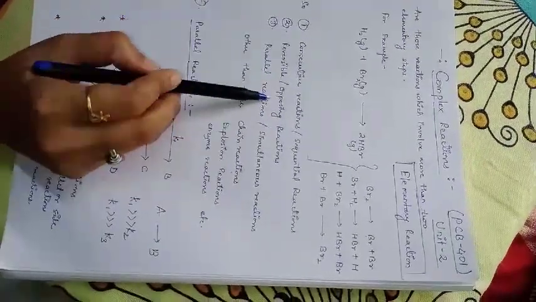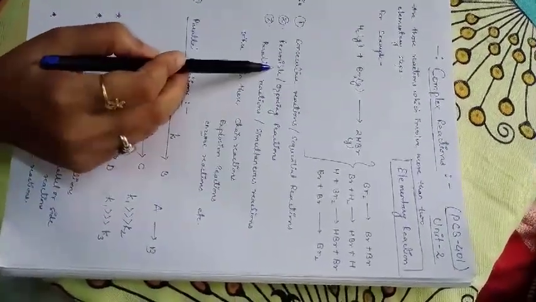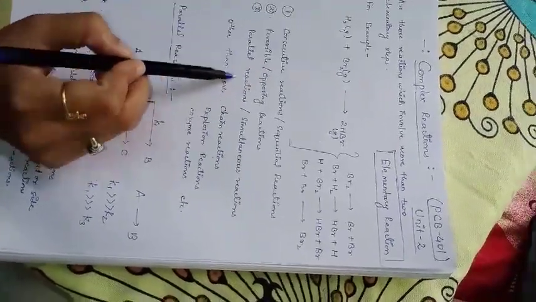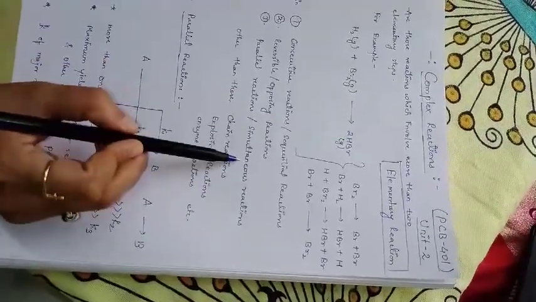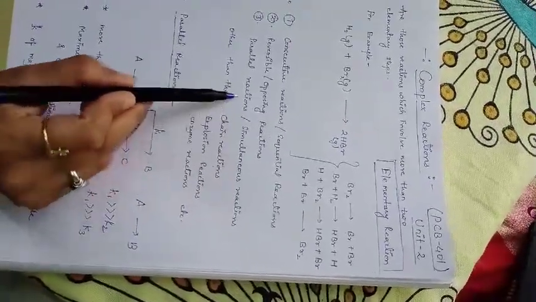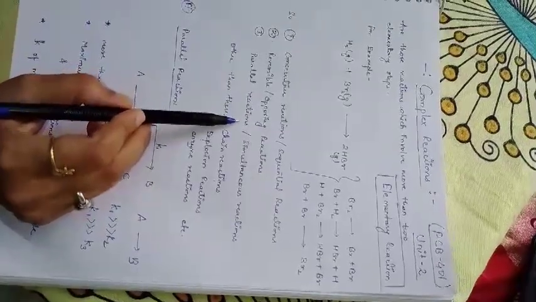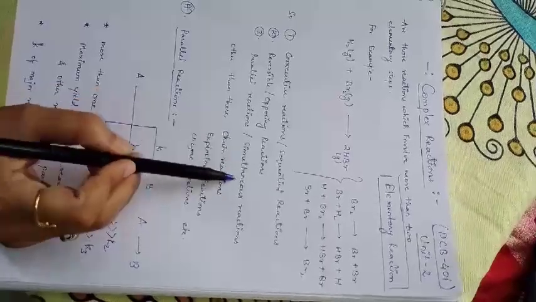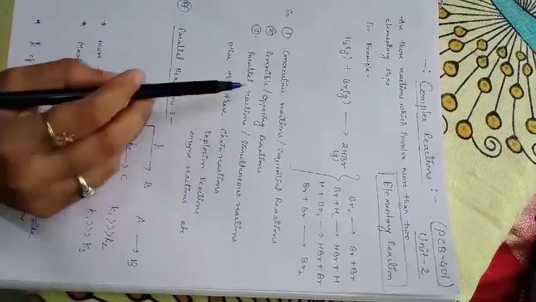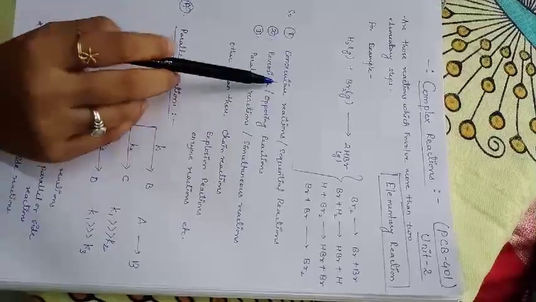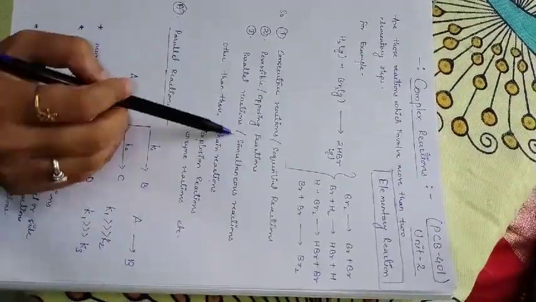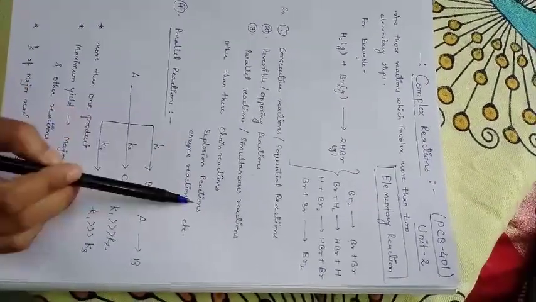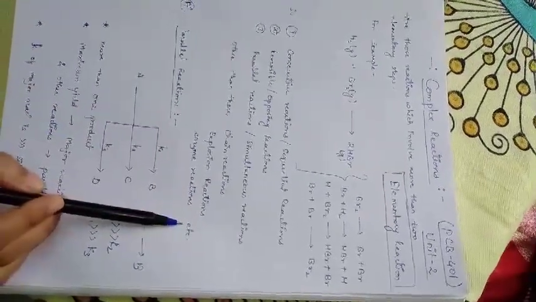The second type is reversible or opposing reaction. Reversible reaction involves reactions which are in equilibrium. And the third is parallel reactions, or side reactions, or simultaneous reactions. In a parallel reaction you are getting more than two products from a similar reaction, or simultaneously you are getting two or more products. But complex reactions are not only restricted to these three types. Chain reactions also come into this, explosion reactions, enzyme reactions, and many more.